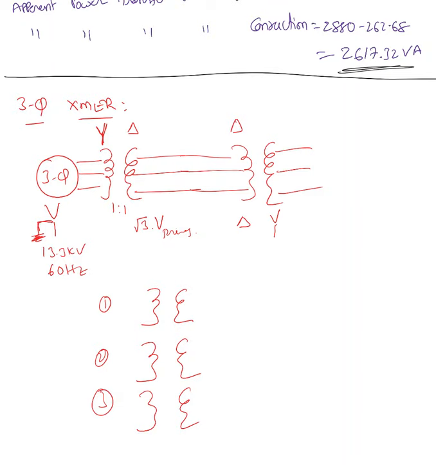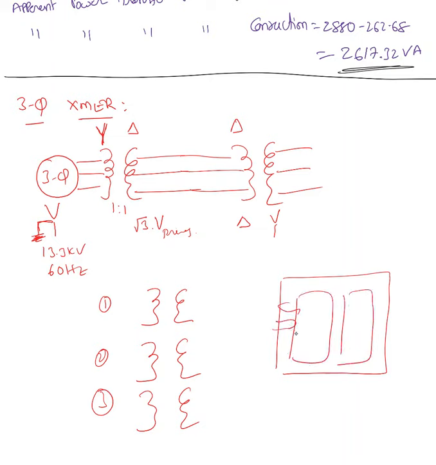Now we can take these 3 transformers and make a 3-phase transformer. That's one way to do it. Another way is they can have 3 windings, basically 6 windings. So here is our primary, here is the secondary,